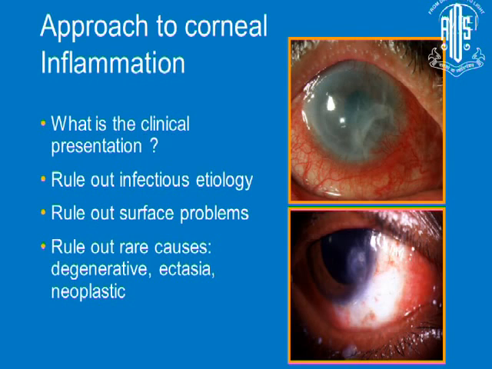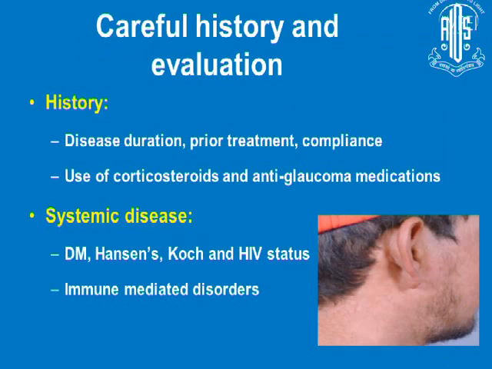In addition, there are several rare causes which can mimic corneal inflammatory disorders, and it is very important to highlight the neoplastic conditions. So apart from routine history that we want to understand, we also need to know if the patient is already on corticosteroids. That would mask some of the clinical findings. And is the patient on any other medication that is causing corneal inflammation, for example, some of the anti-glaucoma medications and a few systemic medications?